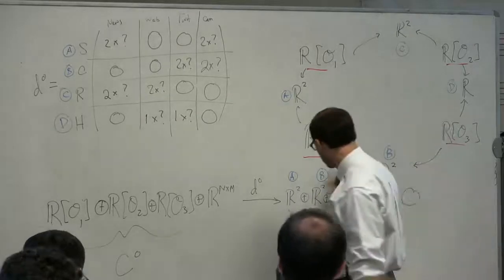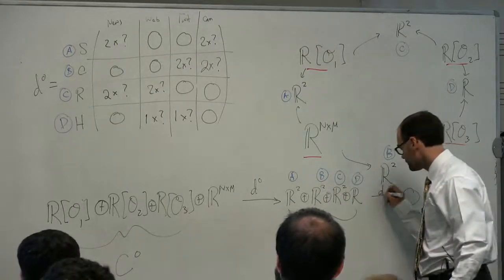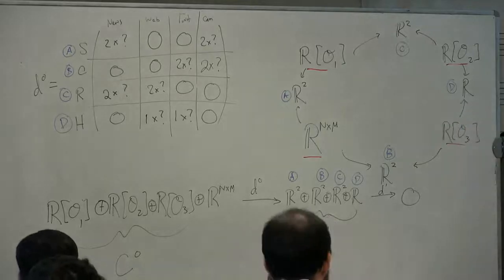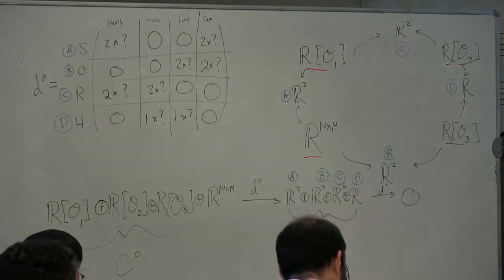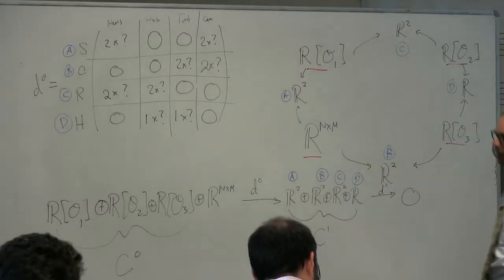So the dimension of this thing is the dimension of the kernel of D1, which is 7. But what is the dimension of the image? Because I need to take the kernel modulo the image. Well, if you look at it,